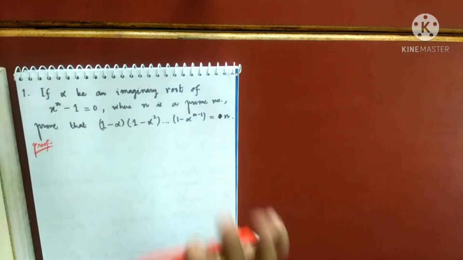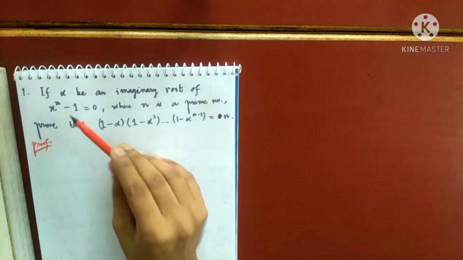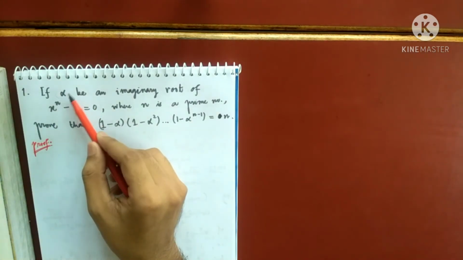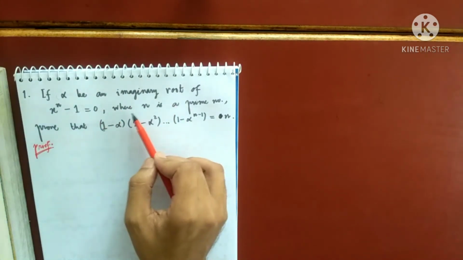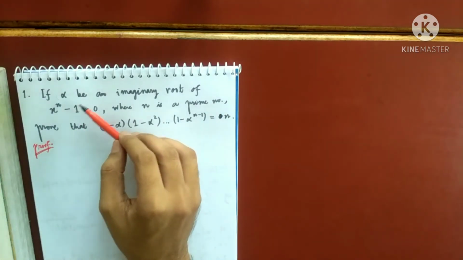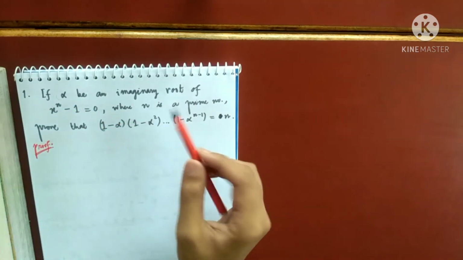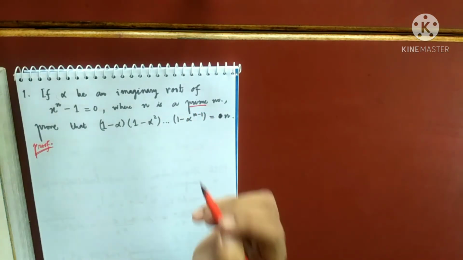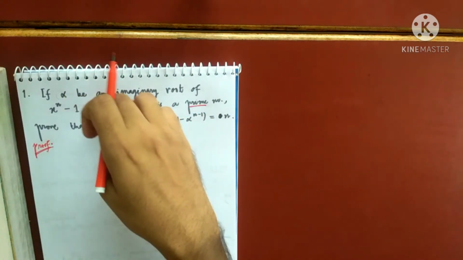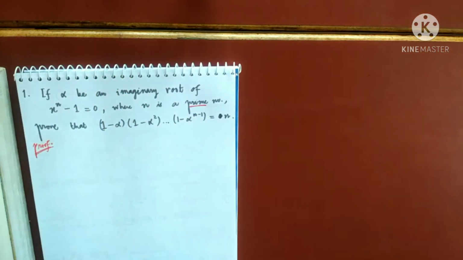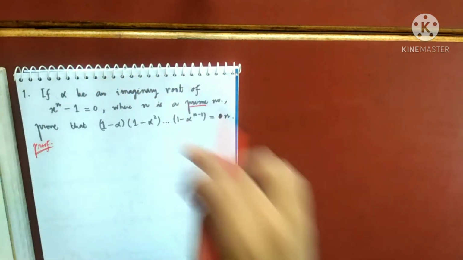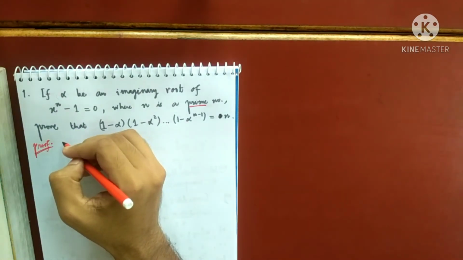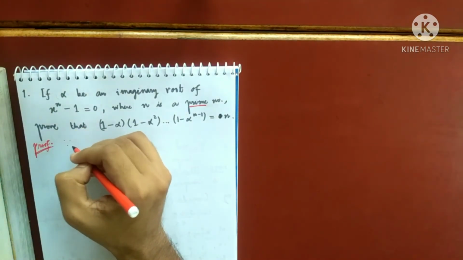You see, I can use a theorem. If alpha is an imaginary root of this equation where n is a prime number, so what I know from the last theorem, this is the reason they have given you n is a prime number. That means if you take any imaginary root alpha of this, then the complete list of roots of this equation is given by the powers of alpha. So that I will use. That I am using theorem number 4.